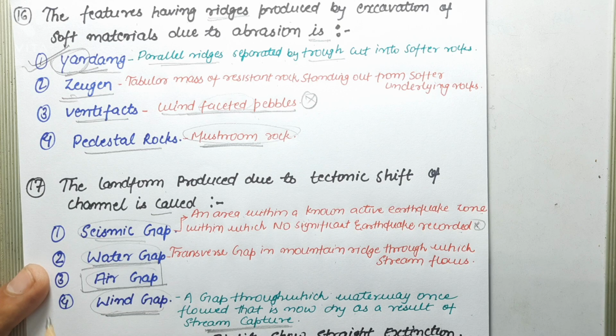Okay, the main difference between wind gap and water gap is that both are similar features, but in a water gap the waterway still flows, while in a wind gap the waterway flowed earlier. Okay, but now these are empty gaps. Next question says,